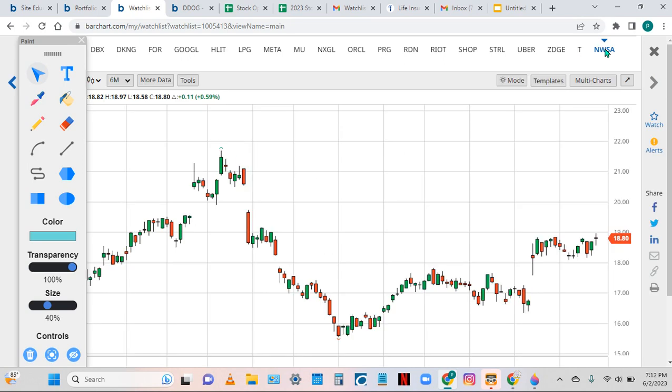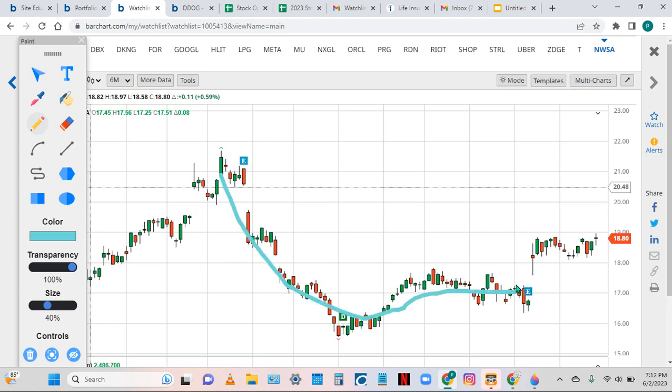Finally, symbol NWSA, News Corp, is currently at a sell-off, right? Stage one. Stage one, we don't know if it's going to go up or down. It goes up in a basing pattern. I don't see my 3-bar turn there, but on the close on Monday over this area, I would expect prices to go higher. So that's it. That's it for this week, you guys, and this month. That's all that's on my